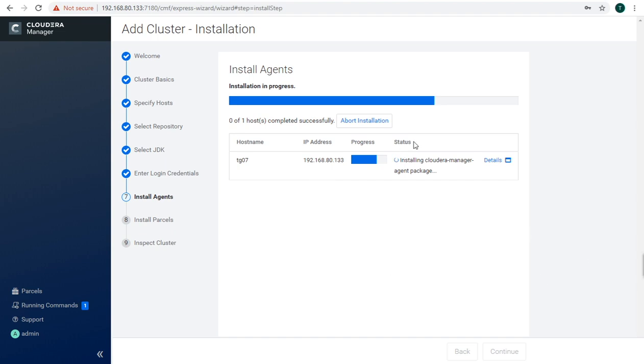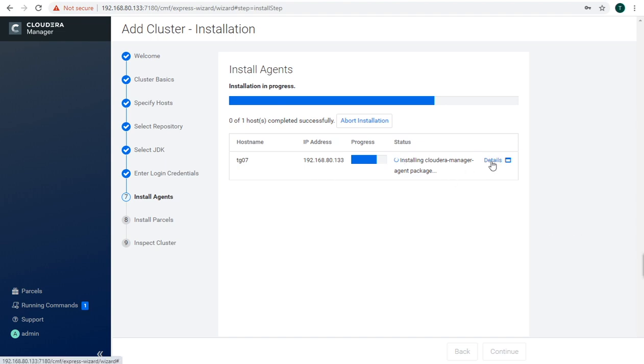As this is in progress, we can see the Cloudera Manager icon on the top left corner, and at the bottom left we have parcels and running commands. As we are running a command here, it is showing one. Then we have support and the user by which we have logged in here. So let's wait for it to complete the installation.